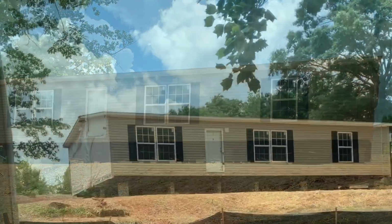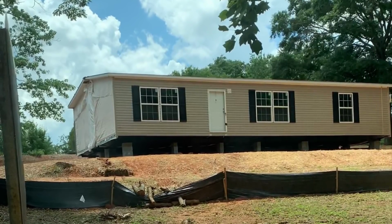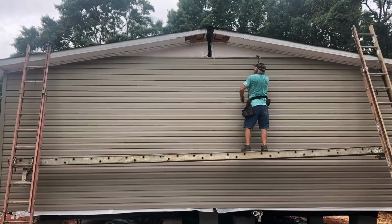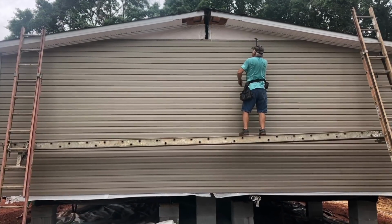Here's what I'm interested in. This is what the house looked like when they finished. I call it the little house on the hill because our property is at an angle for now. We're doing some work. The next day, this 76-year-old